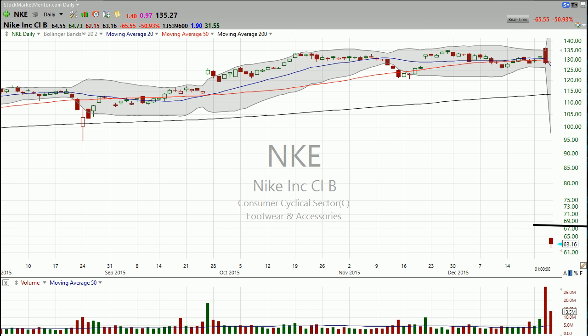And so as investors, longer term investors buy the shares and hold them, and I don't care what company's out there, you're going to have long-term investors, you're going to have some institutions just buy the shares and hold them, then those shares are taken off the market, and so there are fewer and fewer shares being traded, which means if anybody wants to buy them, they're going to have to pay up. Well, that dynamic can go away when a stock splits 2 for 1 or 3 for 1 or 4 for